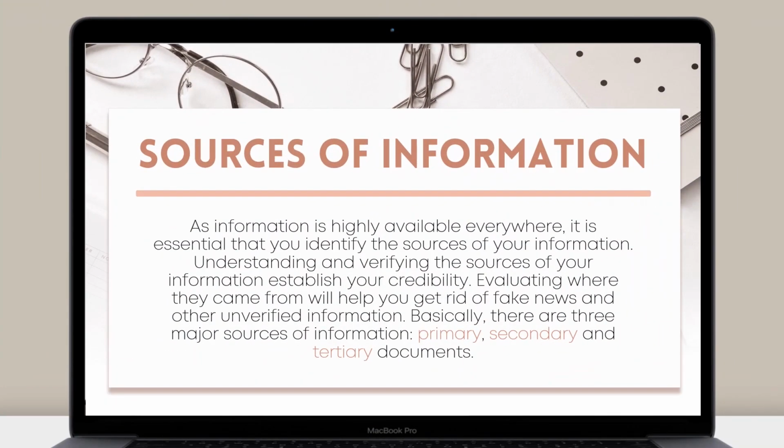Okay, so into the lesson proper. Sources of information. As information is highly available everywhere, it is essential that you identify the sources of your information. Understanding and verifying the sources of your information establish your credibility. Yes, that one's correct. For example, what you share, what you write, what you post, or more particularly share in your platforms, what you write in your essays, what you are able to tell, what you are able to produce, it affects your